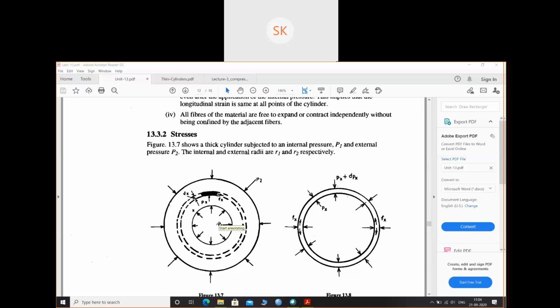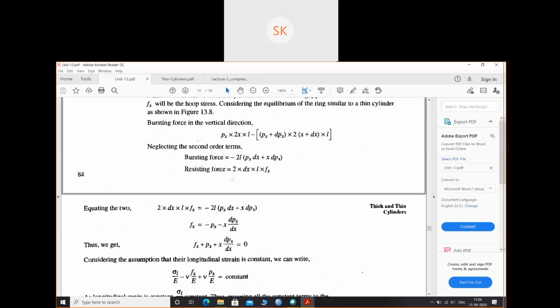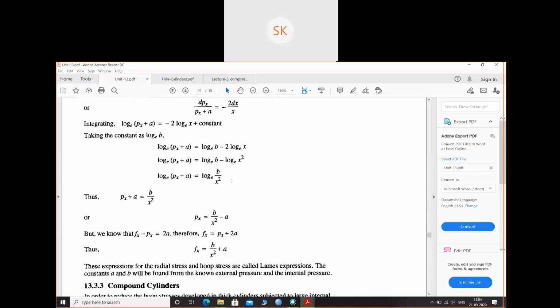So what we have to do is equate this radial stress with the hoop stress, the circumferential stress. Why do we have to equate the two? Because if these stresses don't get balanced, then your structure or pressure vessel will fail. They have derived it. I'll try to find an easier derivation so that you can understand. This one is also easy, but I'll try to find an even easier version for you, and I'll send it to you.